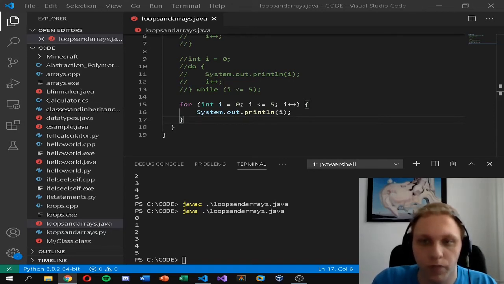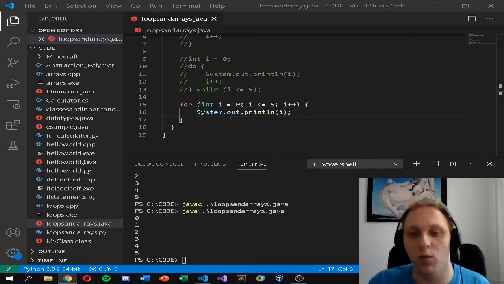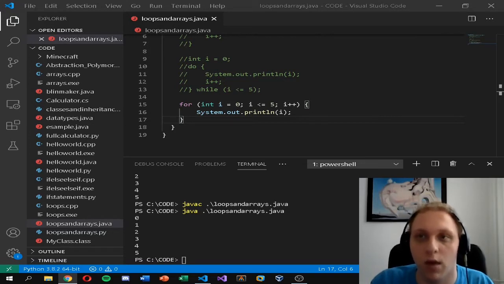So that's a for loop for you, but there's also a fairly interesting thing. We can combine for loops and if statements. Those who have watched my channel for a while, I have covered if statements, else statements, and else if statements in last week's video. So we will use that knowledge in this next section, which will be learning about breaks and continues. So what it pretty much does is,